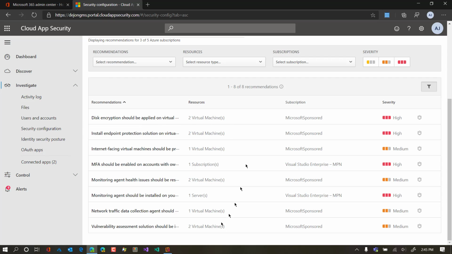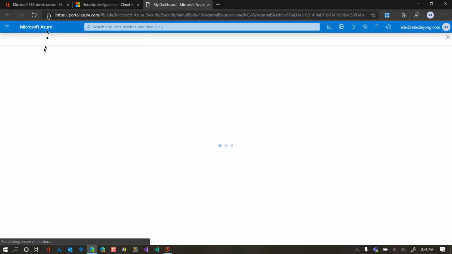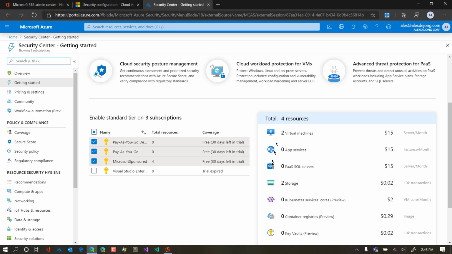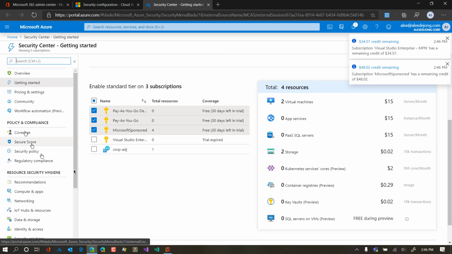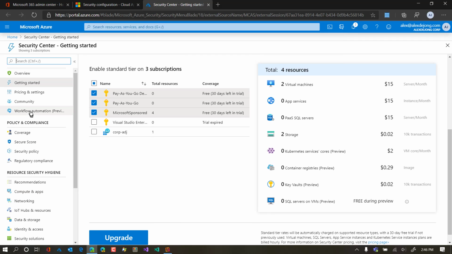Now, this information is typically not so much for the Microsoft 365 part of your Azure environment. This is where you will be building your infrastructure of platforms. And one of the nicer things here is that it says, hey, but you have something called the Azure Security Center. I can go and follow that link, and this will open up the Azure Security Center in the Azure portal. Also here we have information about the environments that we are running, and this information comes straight from the